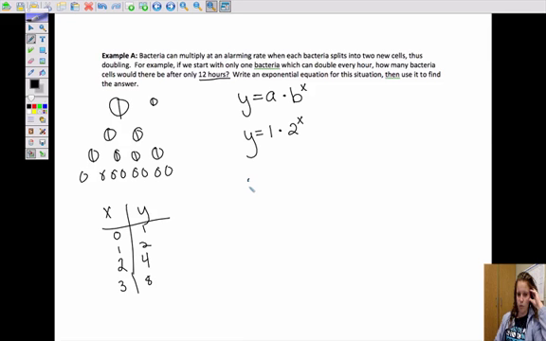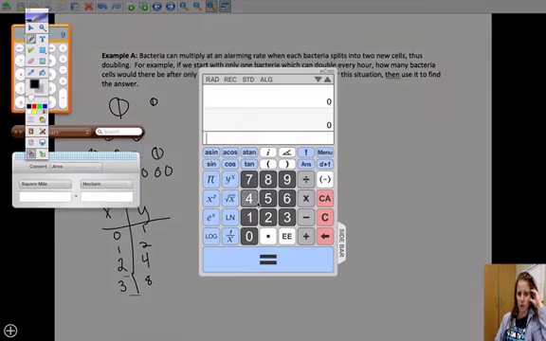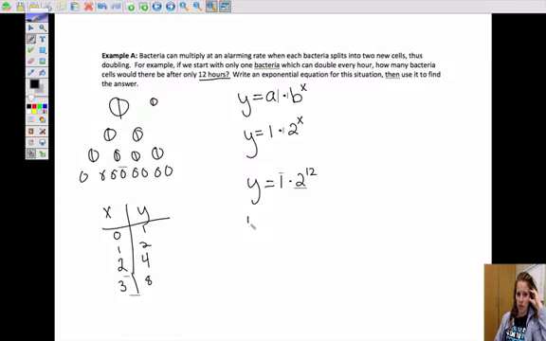Okay, so y is going to be the amount of bacteria, and to find that, we're just going to take 2 to the 12th power. Okay, so that's 2 times 2 times 2, 2 times itself 12 times. So we can figure out what that is. That's 2 to the 12th power. That's 4,096. So that's going to be y equals 1 times 4,096